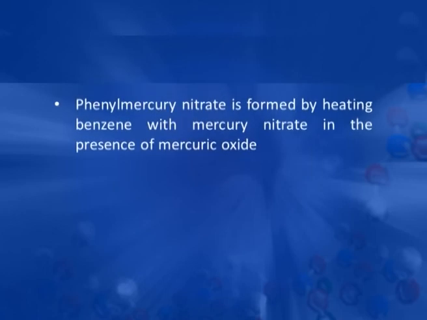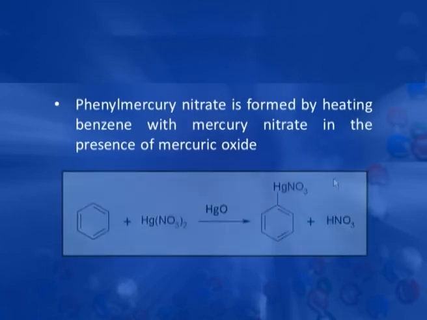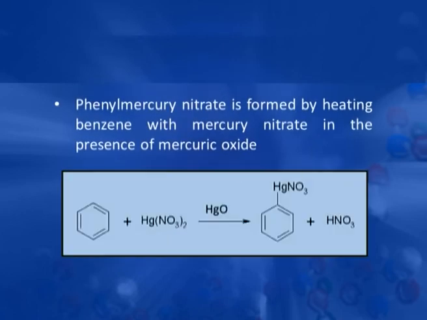We can also introduce the mercury nitrate group, which can be formed by heating benzene with mercury nitrate in the presence of mercuric oxide. This mercuric oxide is used to remove the nitric acid, since this is a reversible reaction. Now, today we have discussed the preparation of alkenyl benzenes, in which the double bond is conjugated with the benzene ring,